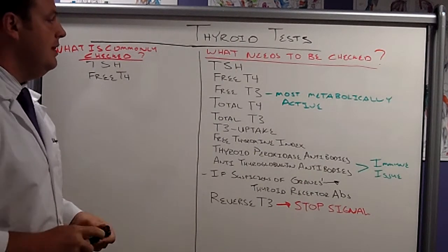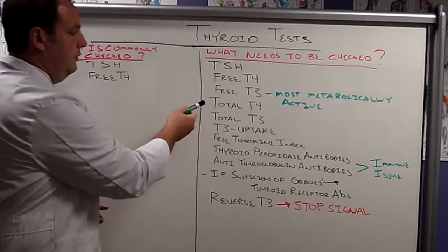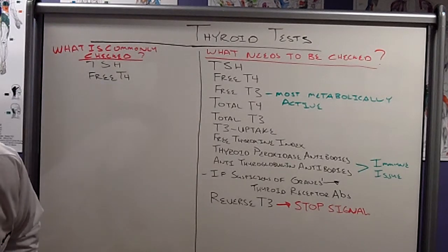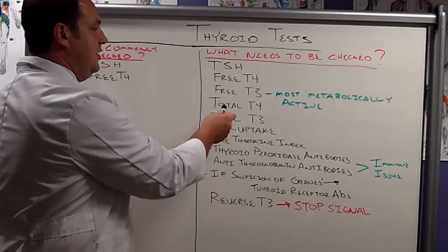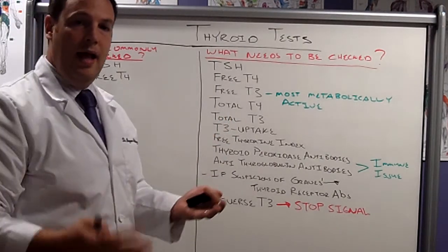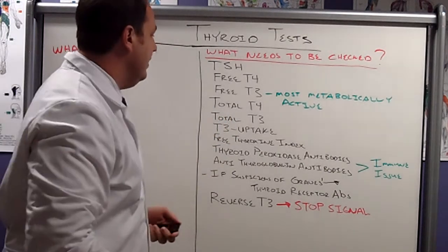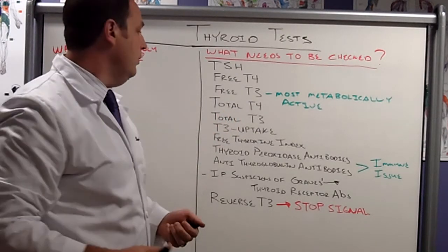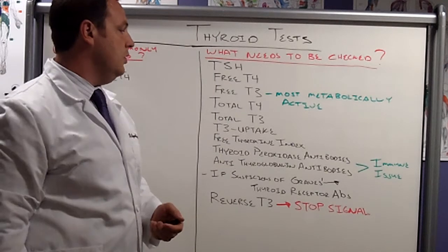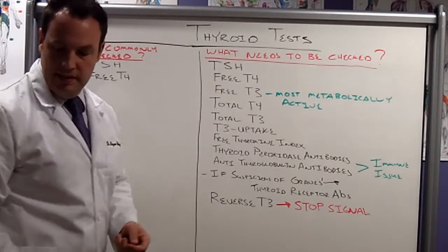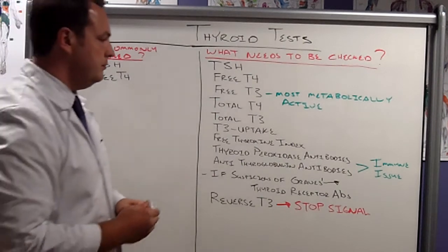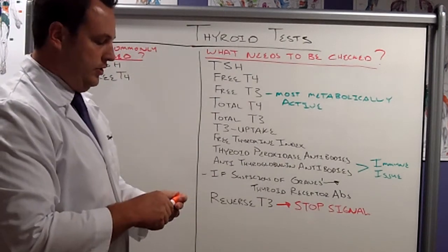So with that, we also check total T4 and total T3. This is what the thyroid actually produces. So if we're not checking this, we're not getting a good measure of what is actually coming out of the thyroid gland. So 93% of what comes out of the thyroid gland is actually total T4, and about 7% is total T3. T3 uptake is a good test because it gives us an indicator of a relationship with